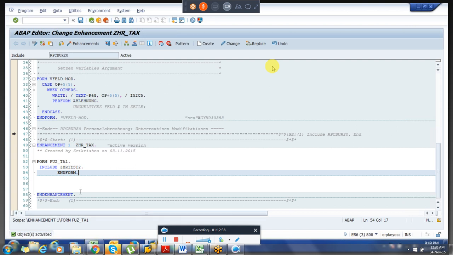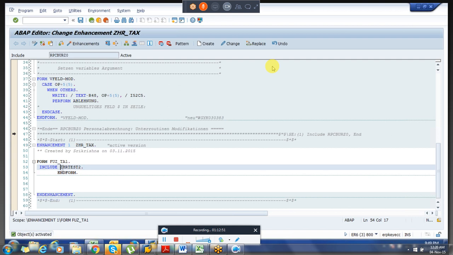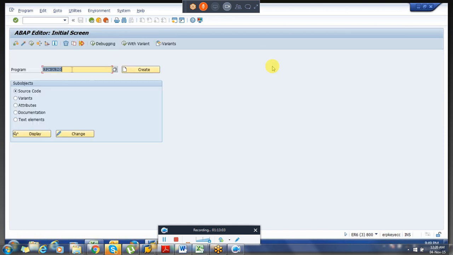So next time if you want to edit something, no need to come to this program, do an enhance and change and all this stuff. You can directly go to SE38. Whatever code you write in this particular include program, the same thing it will be reading with the standard program, right?